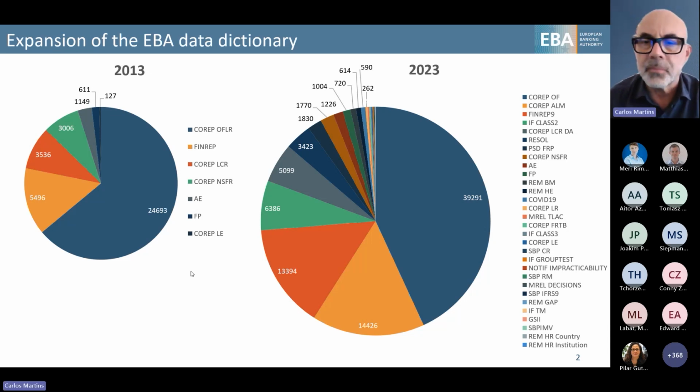The total number of data points currently active is close to 100,000. So it grew about 3 times in terms of the data definition supported in the DPM. But then again, as I explained earlier, we keep all versions of all releases, so all the history is tracked there in the DPM.